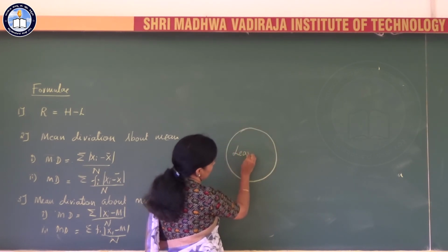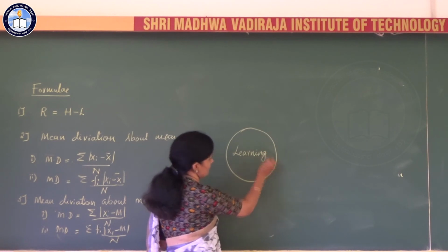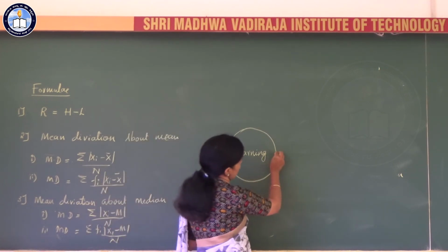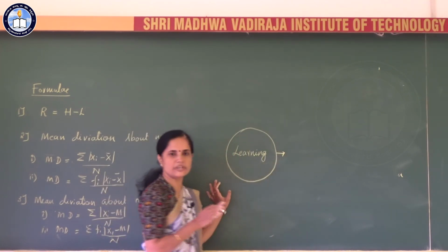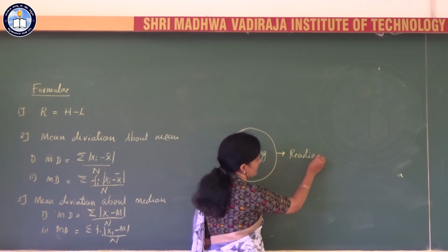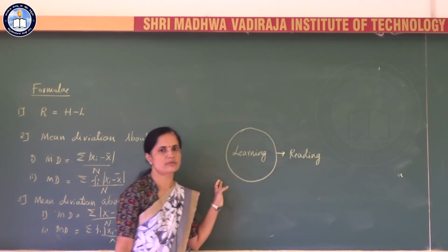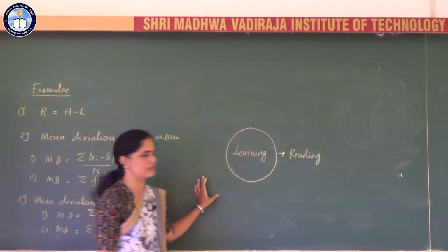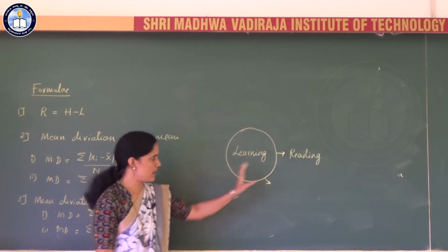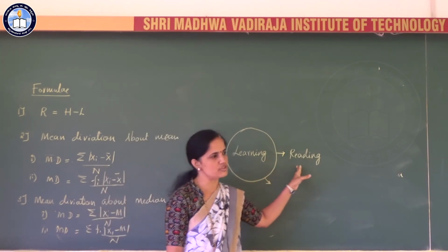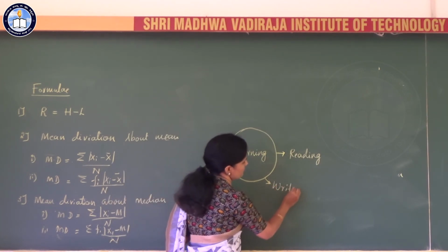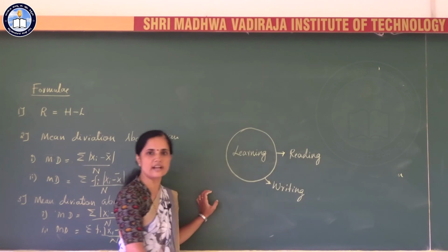So if you want to learn anything, I will call this circle as learning. You must give attention to all these points. First, all of your knowledge is accommodated in your books. Therefore, you must read the books. Reading is the means to understand the subjects. But reading is not sufficient for all the subjects. While reading, you must write something, important notes, and in mathematics, you must write the problems, otherwise you can't remember. Therefore, your study must include this writing also.